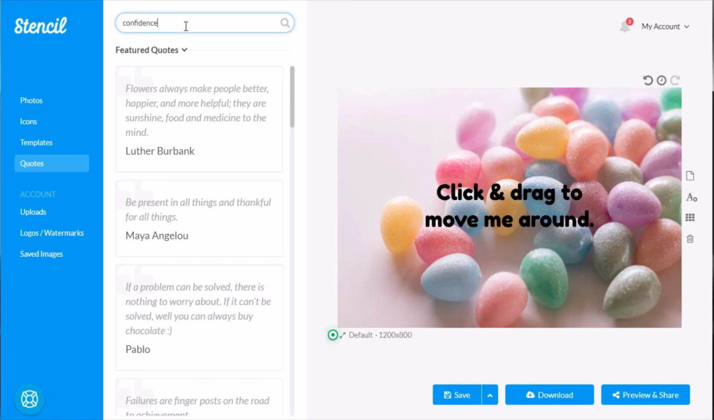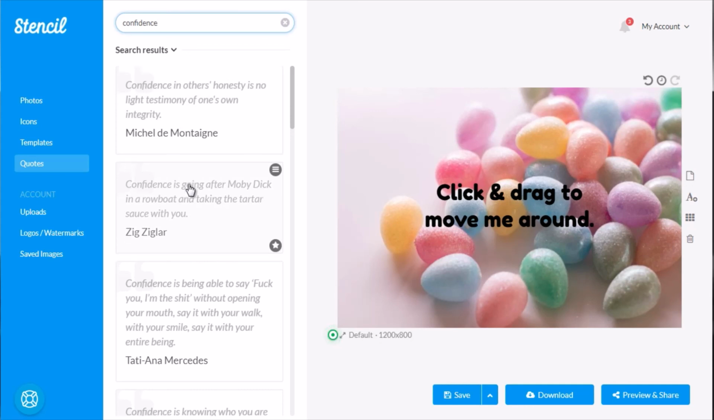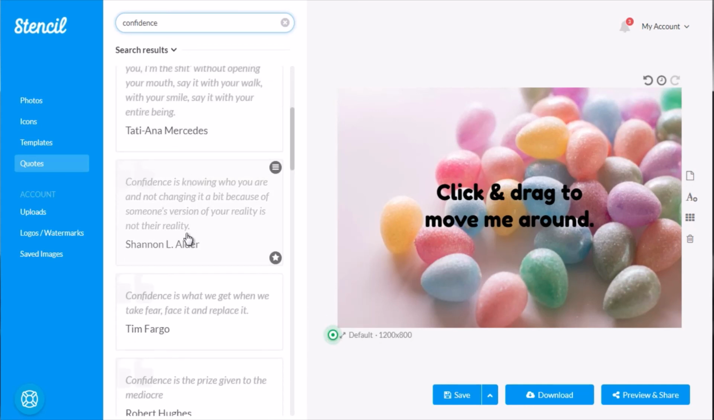something like confidence. So what we can do is, and what we like to do is, if it is women, we like to try and find quotes by